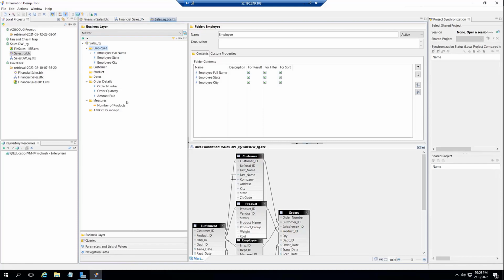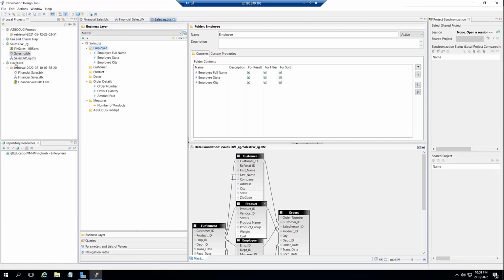In the current UNV structure, anytime you need a new universe, you need to start from the data foundation layer. Whether you do a save as, start from an existing one, you still need to replicate that whole data structure and joining and everything in 2 universes. And if you have to make any changes, you will have to go and make changes to both.